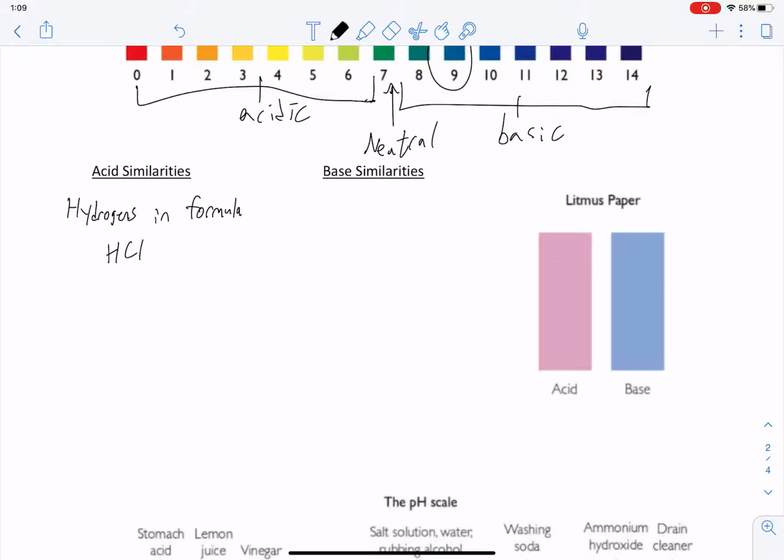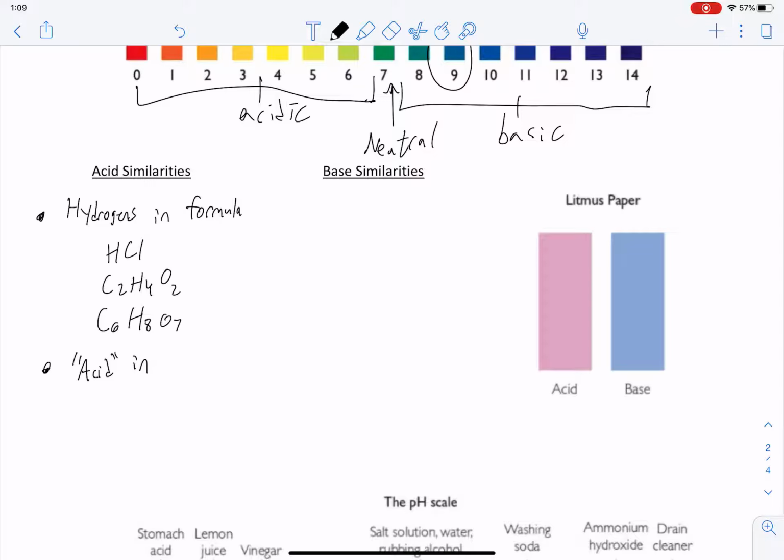If we look at vinegar, it also has some hydrogens in the middle here. And lemon juice, which was at the top, C6H8O7. Okay, so they all have hydrogens in the formula. They all have the word acid in the name